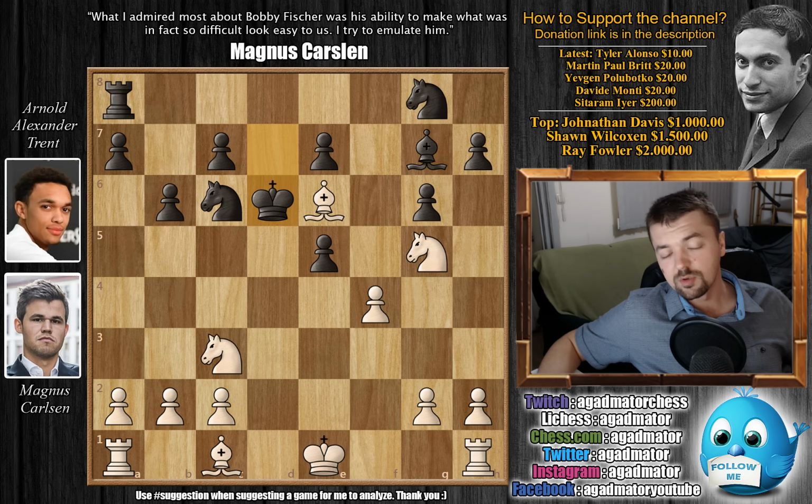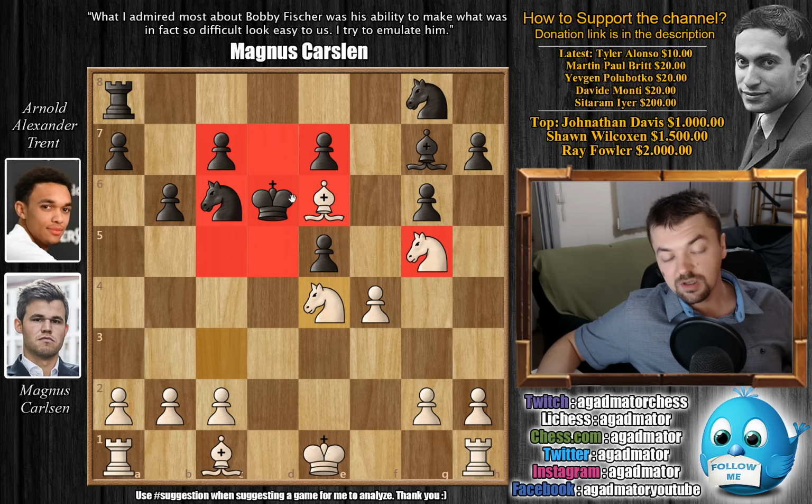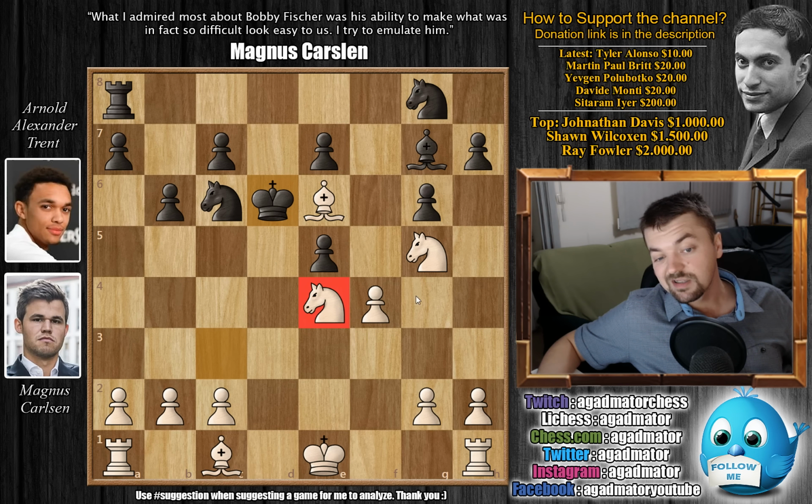For those of you who were able to do it, congratulations, you have just found a mate in 1, and for those of you who just want to enjoy the show, it's actually knight to e4. This comes with check, and also the knight from e4 covers the c5 square. The bishop is guarded by the knight here, and there is nowhere to go. Bishop is covering these squares, and the king is completely locked in. So knight c to e4, this is checkmate by Carlsen, and a very nice 17-move game.